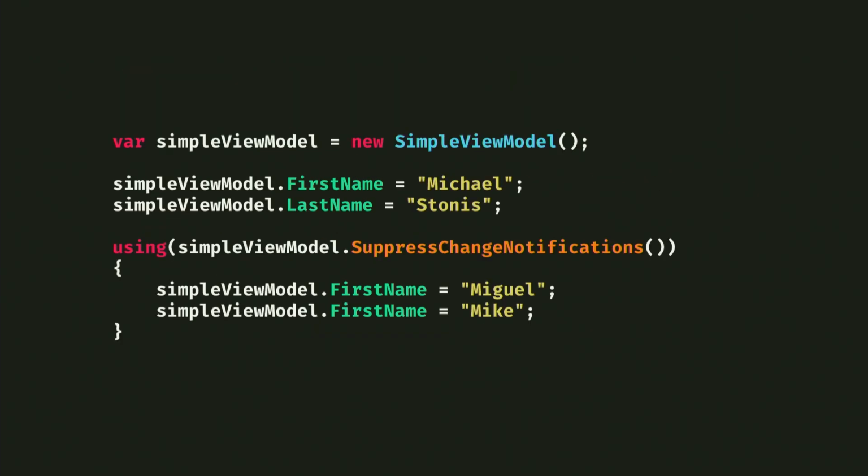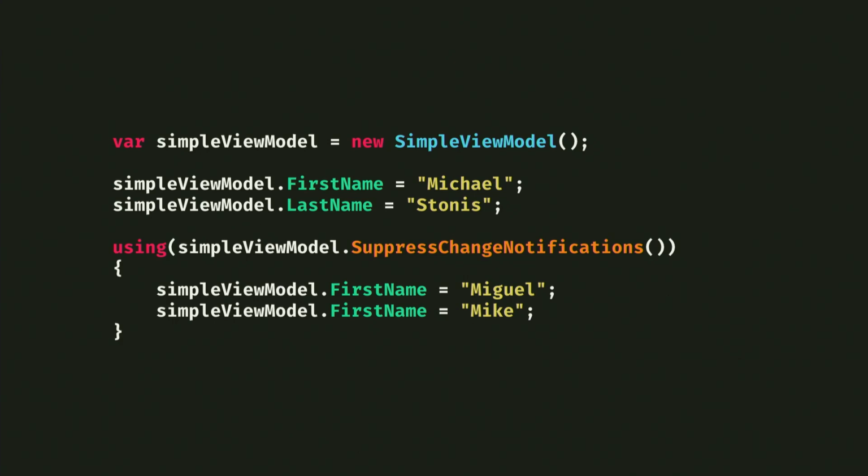Cool. Another thing that I find to be pretty helpful here is with reactive object, we could actually tell it to suppress change notifications. It's something that I find is weirdly hard to do if you have just a regular object that raises property change. Sometimes I'd make a helper method that sets the private variable but doesn't raise the change. What we could do here is with our simple view model that uses reactive object,